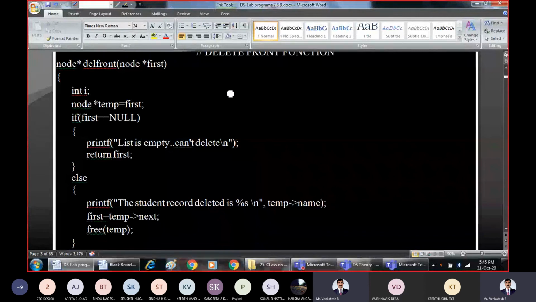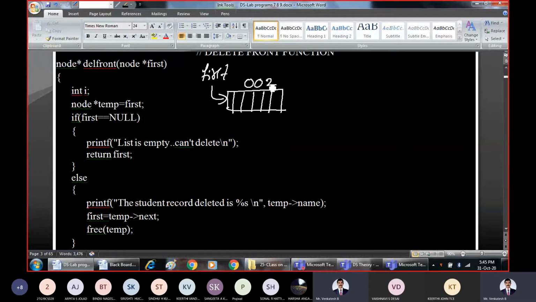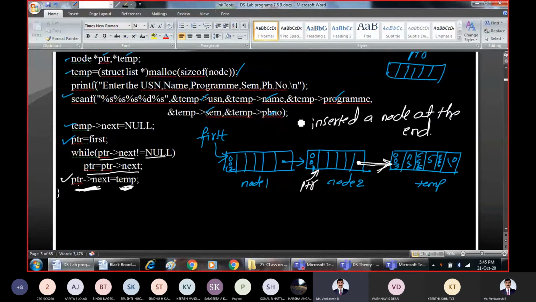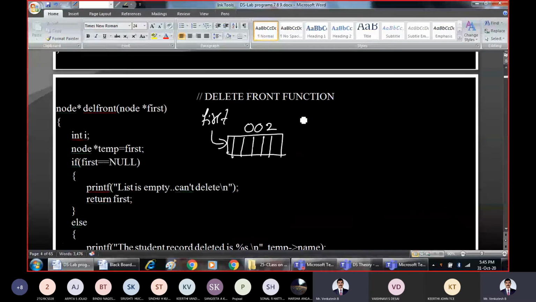So before I delete, I will show those nodes once again here. Alright. So first is pointing as usual. So which node is this? 002, I think. Am I right? Yes. It is 002. Then what is the next node?